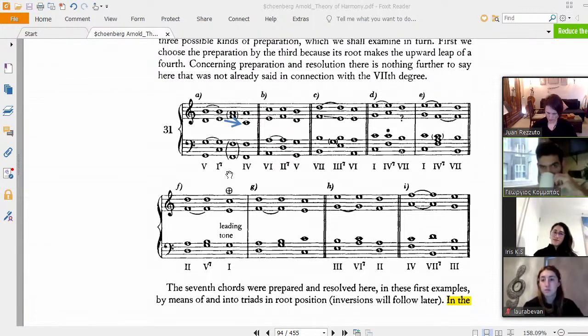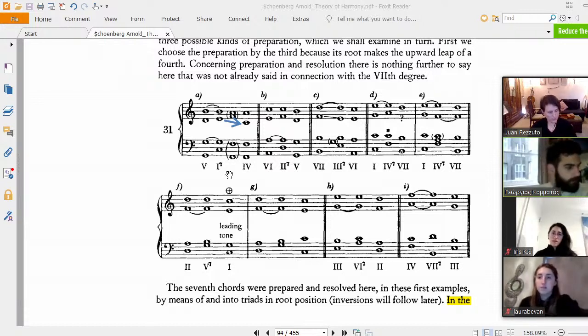Okay, so the seventh chords were prepared and resolved here in the first examples by means of and into triads in root position. Inversions will follow later. In resolution, it is usually necessary, if a complete chord is desired, to take the third of the seventh chord in example 31a, the E, down a third to the fifth, here C, of the resolving chord rather than up to the root, which is the first option there, the F,